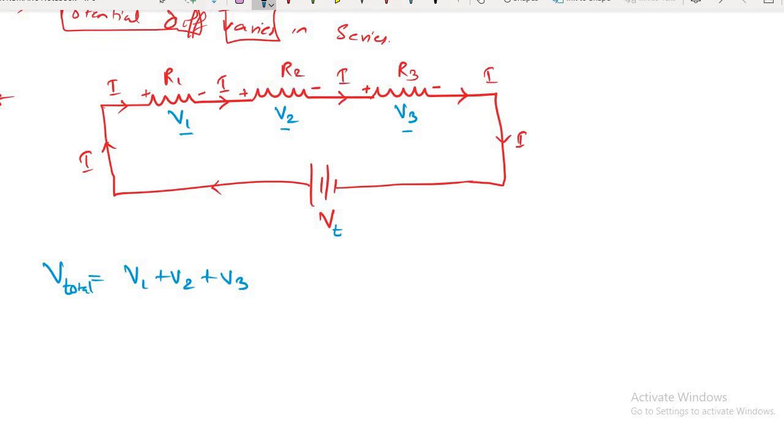V total, can I write down as I into R total. V equals IR from Ohm's law. If V is total, then I is fixed. I have said now, in series circuit, current remains same. That's why I have written I. Okay? And R total, that is all the resistances we have to add and find out the total. Tell me yes or no. Total resistance. So V equals I R total. Clear?